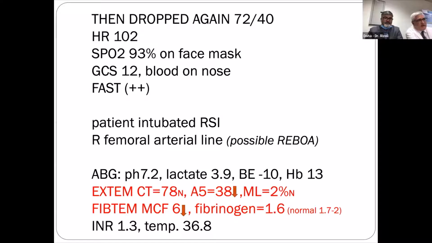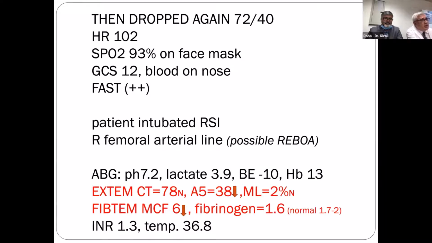He arrived to us 2 hours after the event in the desert, and we see that on his ROTEM, the EXTEM CT is normal, the amplitude of the clot is reduced, indicating a weak clot, and the lysis is normal. When we look at clot strength, the A5 or MCF, the question is always, is this platelet or is this fibrinogen? And then we look at FIBTEM, and what we see is that the fibrinogen is low. So that A5, that low amplitude, probably indicates a deficit of fibrinogen.